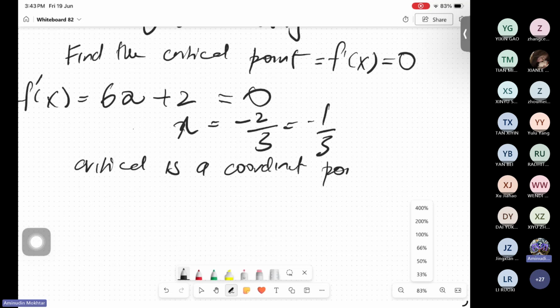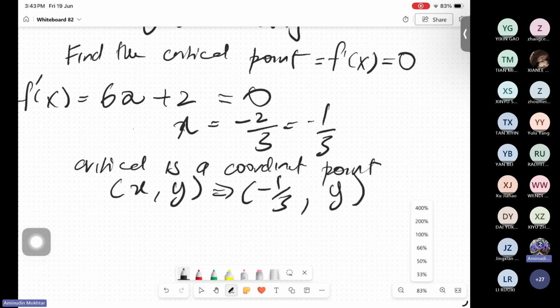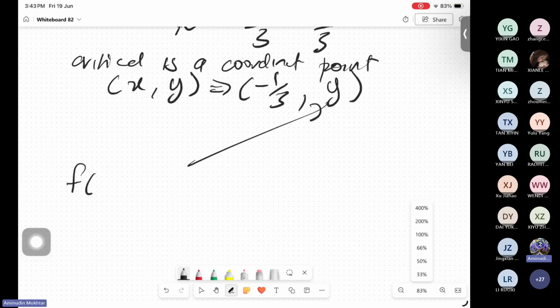One of the coordinate points belongs to the equation, so we need to know x and y. For this case, we know x equals negative 1 over 3, and y is unknown. In order to know y, we just substitute x equals negative 1 over 3 into the equation. That is